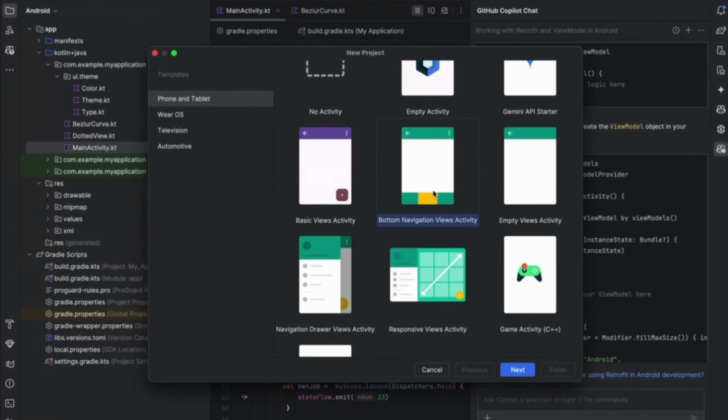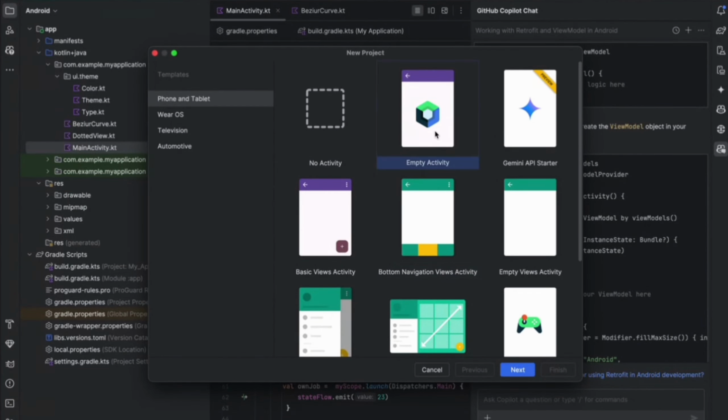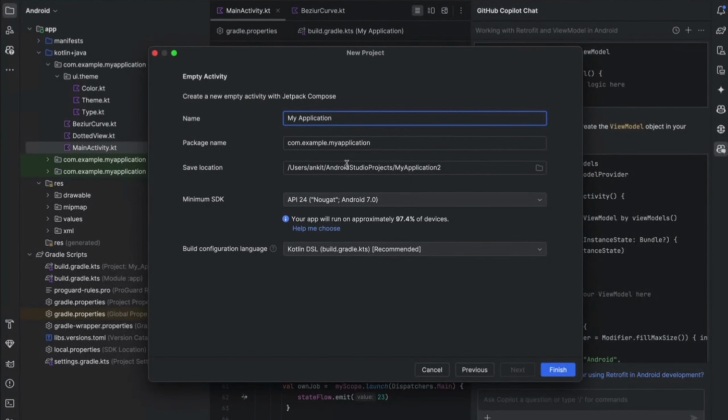But for now, I'm going to use empty activity. This activity part I will explain to you later. For the beginner, let's click on this empty activity to create a new application. Click on the next button. Then in this window, which is a new project, it's going to ask you your project name. Whatever you want, you can write as your project name. Maybe we can write my first application,